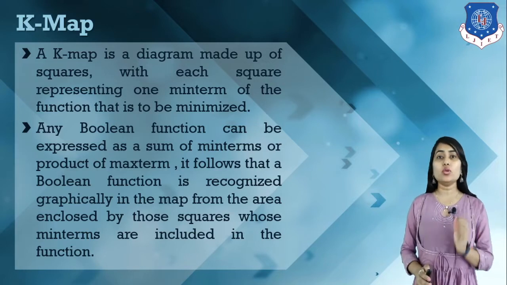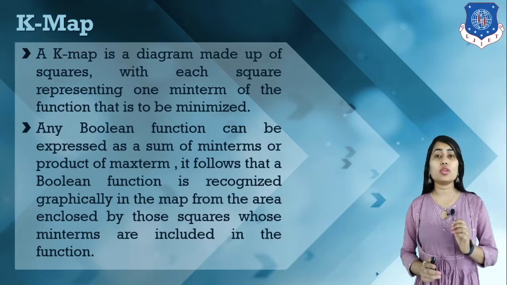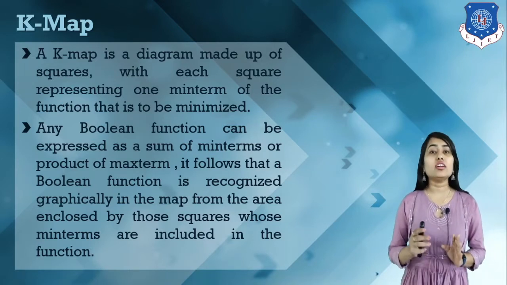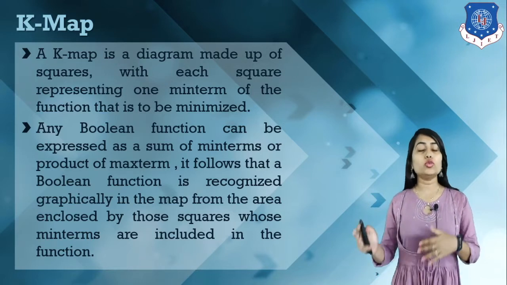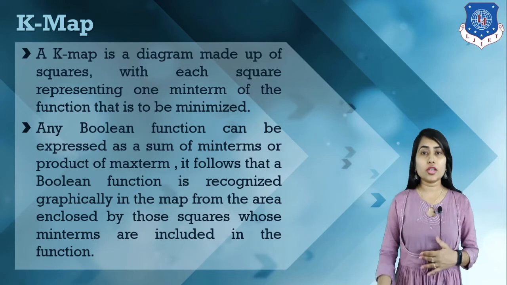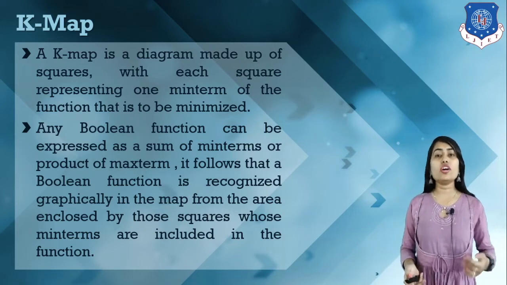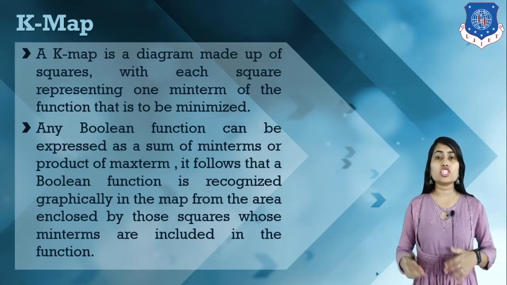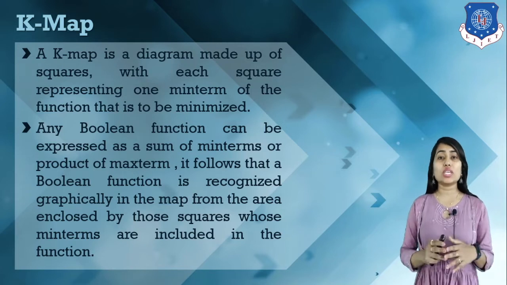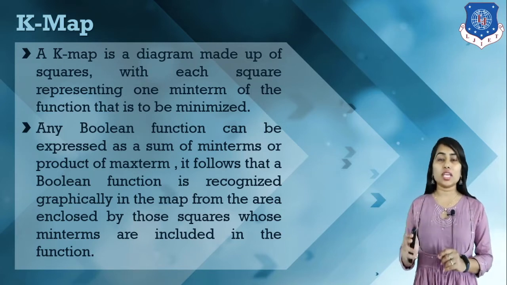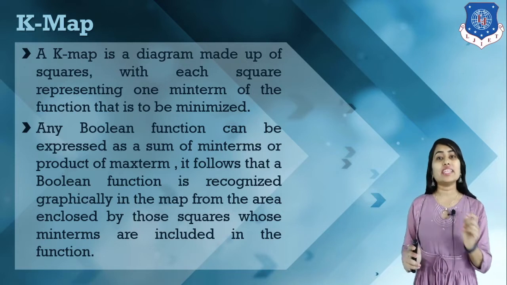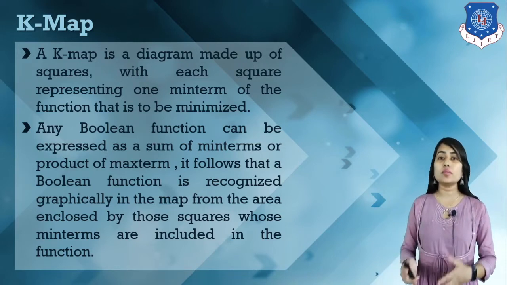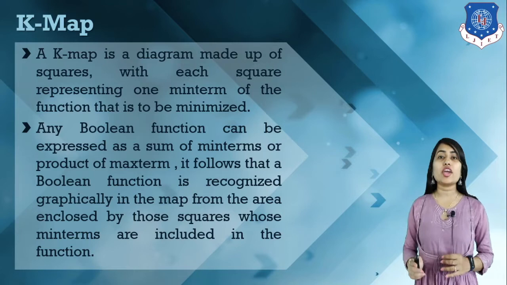Any Boolean function, or logical function, can be formed in terms of either sum of min term or product of max term, and for any output value we consider our terms either in sum of min term form or product of max term form. If we consider either the sum of min term input conditions or product of max input conditions, we can make an individual square for various input conditions, and if we combine the squares for simplification, we get a simplified logical function.